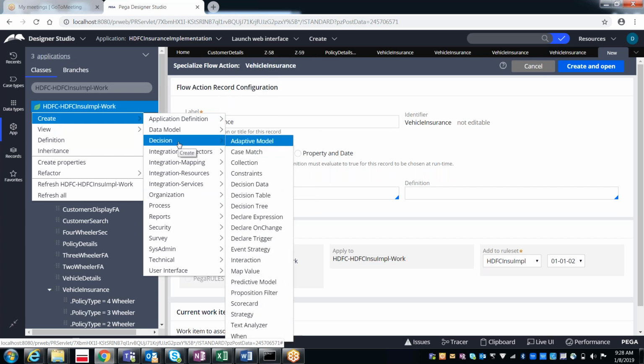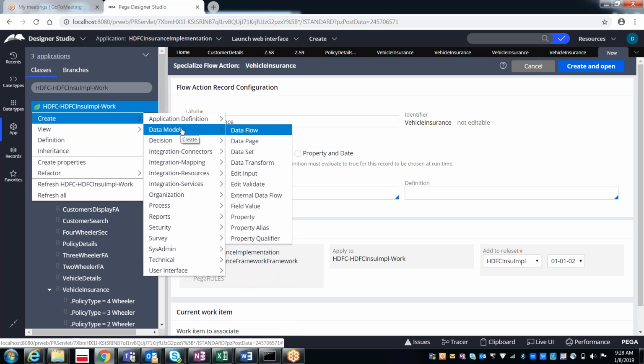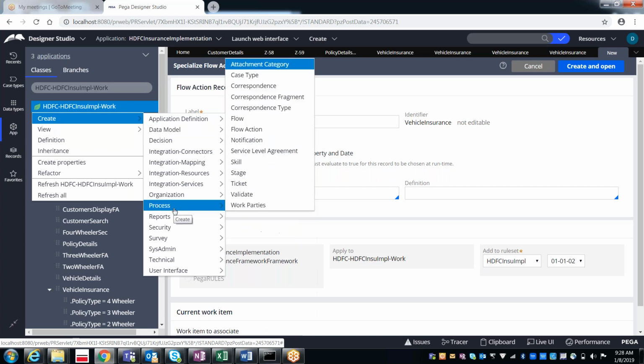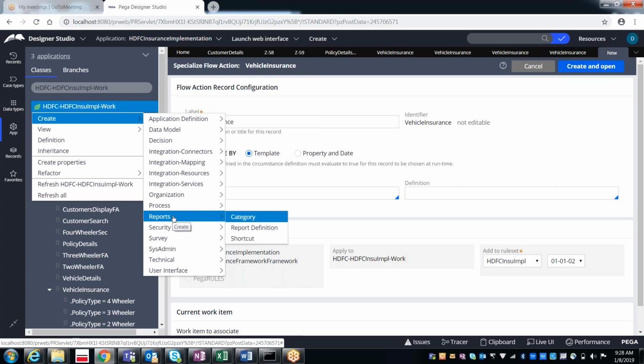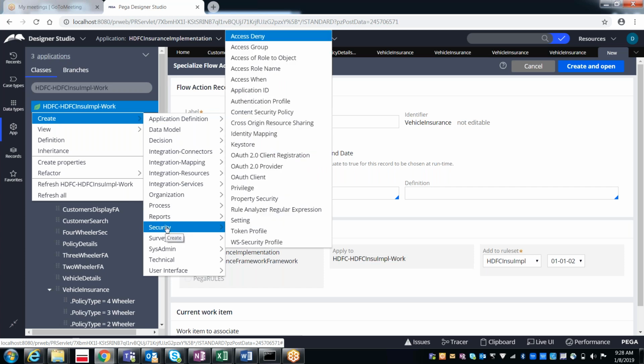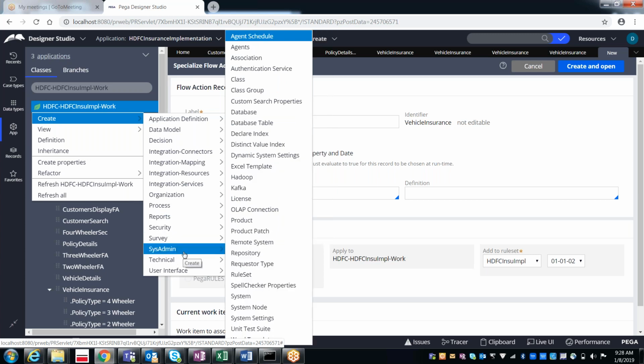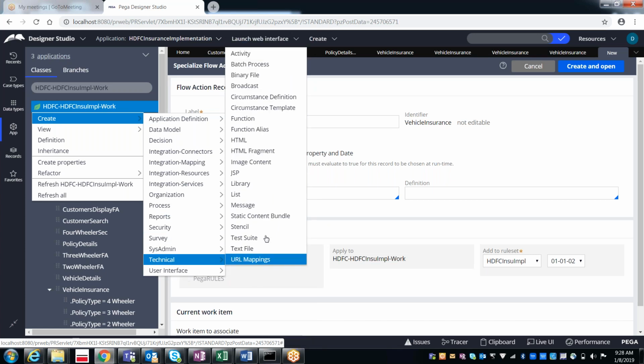Where is that template? Circumstancing template. It is there under the technical category, something called circumstance template and then circumstance definition.